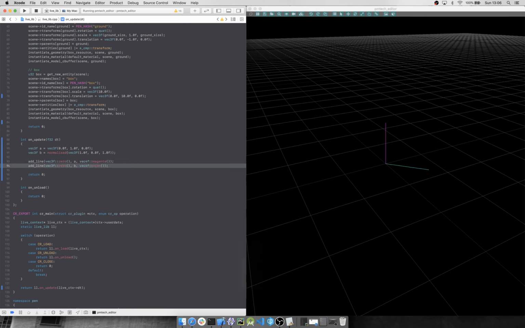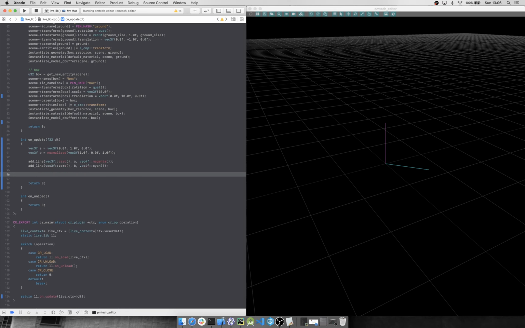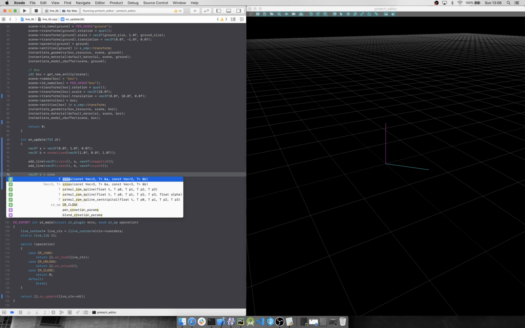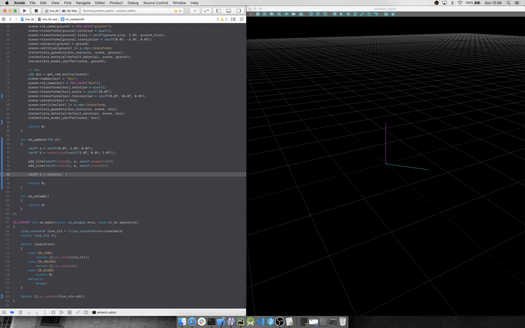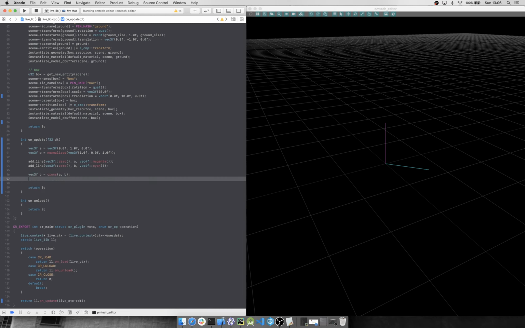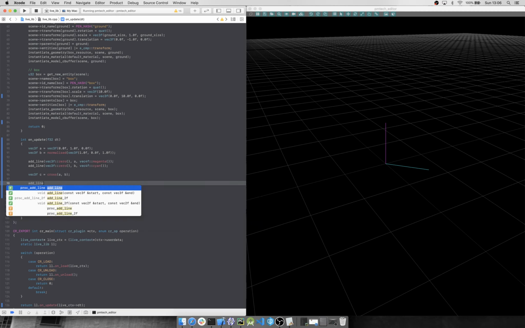So now it's drawn the cyan line, and then I could do things like, if I want to take some arithmetic, I could do, say, cross product between A and B to give me C, and I can add